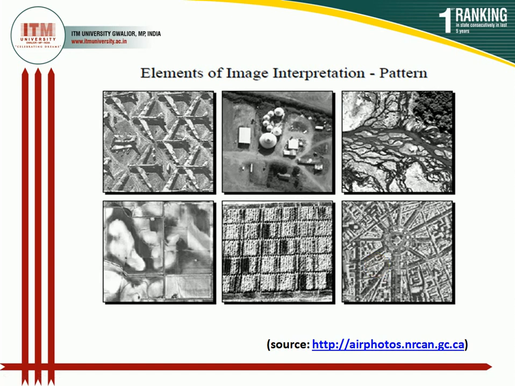Pattern is formed due to the spatial arrangement of objects, like in an urban area, where patterns are created by rows of houses and buildings. The drainage pattern depicts the hydrological condition of the particular area, the soil or the texture. The soil pattern tells about the texture of the soil. It may be fine or coarse. It may be poorly drained or well drained. If an area is very poorly drained and fine textured soil is available, then it may be of dark color, and well drained soil will appear lighter in color.